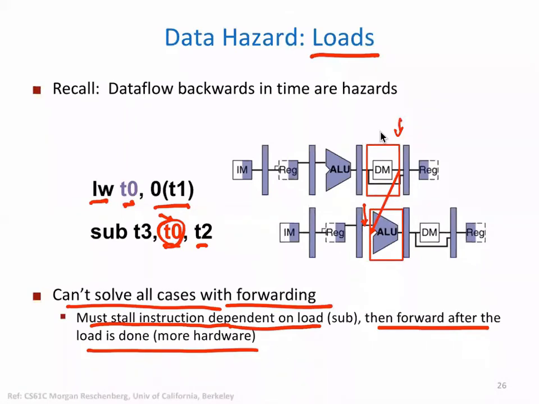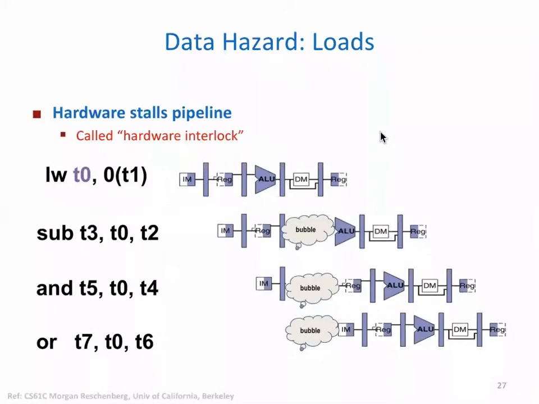So now the solution of this is that we need to stall the pipeline for one cycle and then reading can be done. All right, so it's like this. Here the value of T0 is not available, we are using it, so we need to stall the pipeline for one cycle.